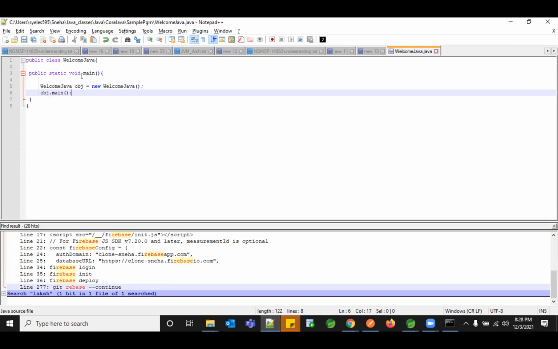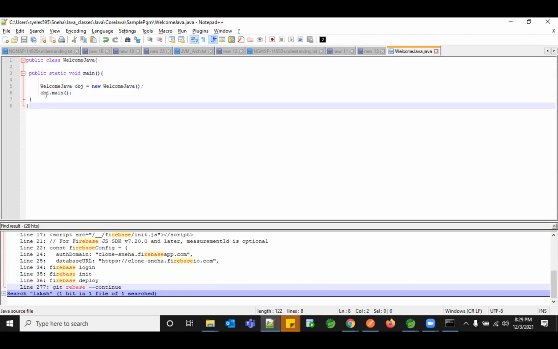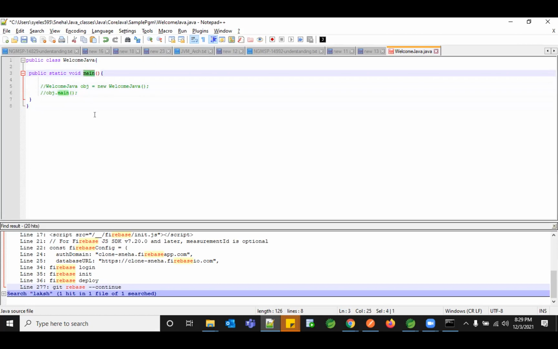But since the JVM system expects only this particular driver, it has mentioned that you don't need to create an object for me. Instead, use just the keyword static. Then I would be able to understand that you are using my driver to initiate your program. That is the reason we never create an object for our driver class. We just have the keyword static in front of our driver name, main.